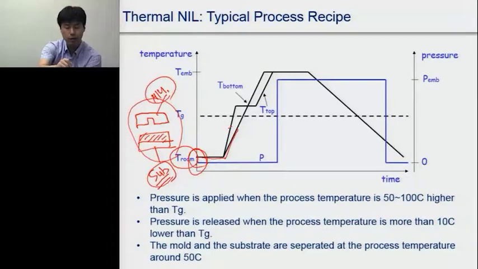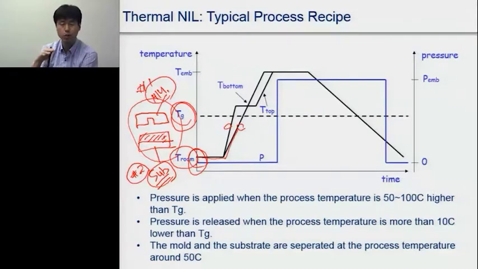That is why there is some temperature discrepancy between heater number 1 and heater number 2. So we wait until these two temperatures pass the glass transition temperature,